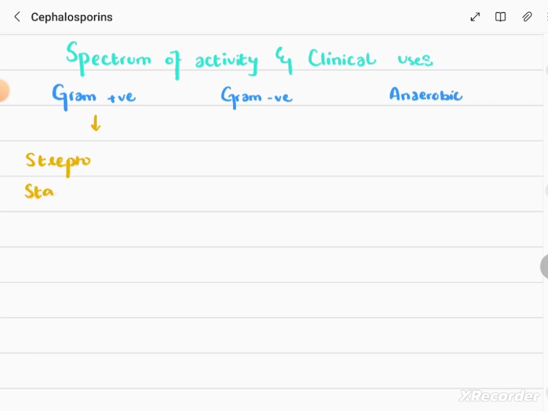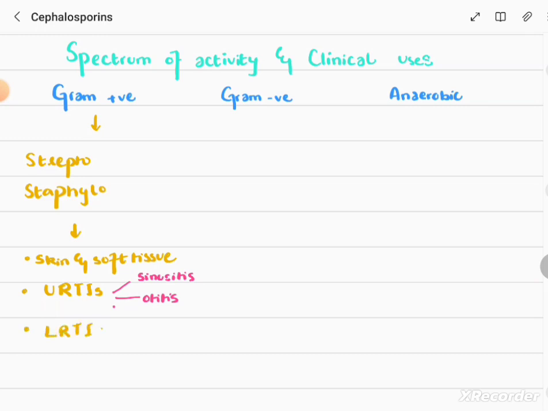So they can be used for the treatment of skin and soft tissue infections, and they can also be used for the treatment of upper respiratory tract infections, which means sinusitis. They can be used for the treatment of otitis, which is the infection of the ears, and they can also be used for the treatment of lower respiratory tract infections,